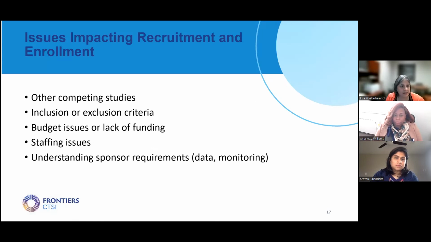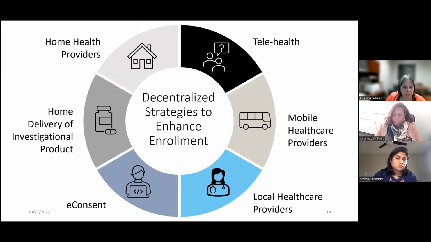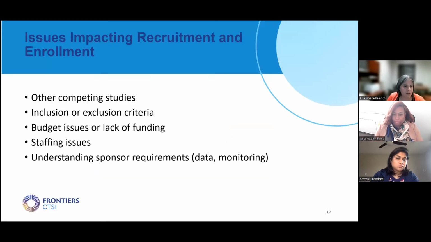I wanted to briefly mention other issues that can impact recruitment as well. That could be not being aware of other trials that may be going on and competing for the same patient pool, for example. It could be inclusion or exclusion criteria. We sometimes see, our QA team who works with study teams sometimes see, for example, lab criteria being added when there's no outcome or safety measure incorporating those values. And so putting in place things that aren't really necessary